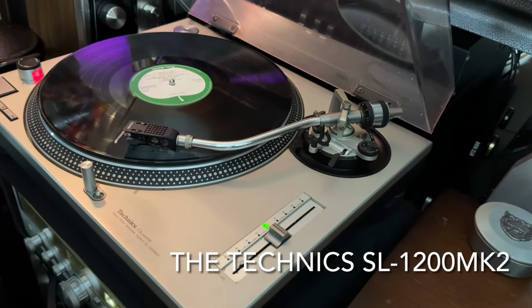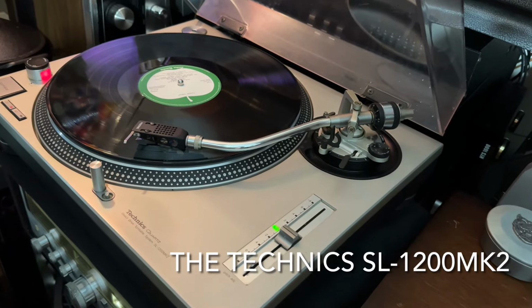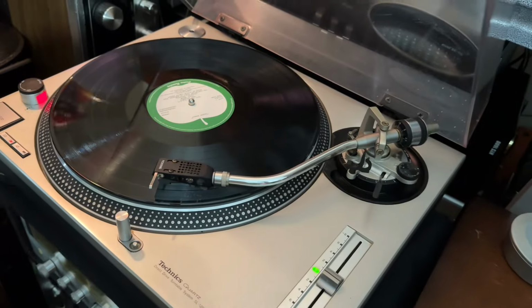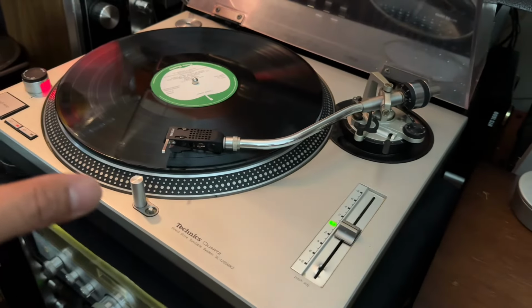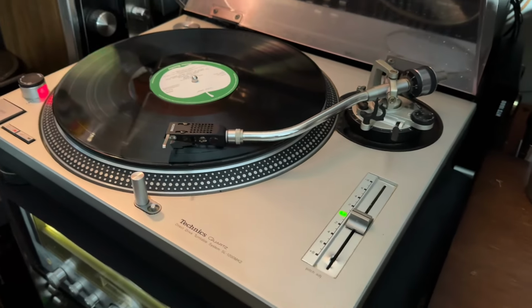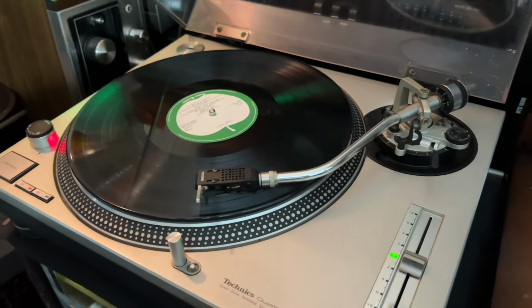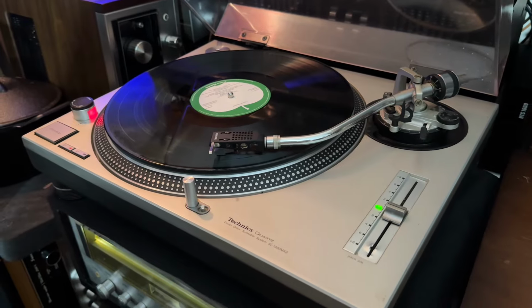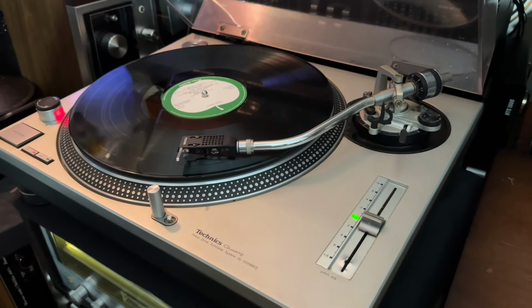Technics SL-1200mk2 turntable. Today I want to show you guys this beautiful Technics turntable that I have, and to be honest guys, this